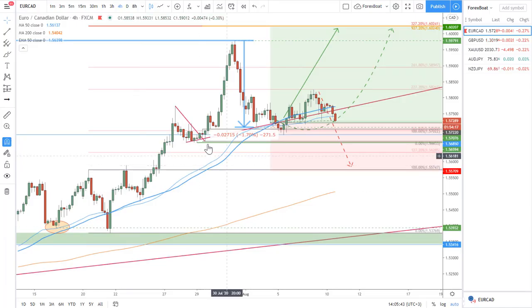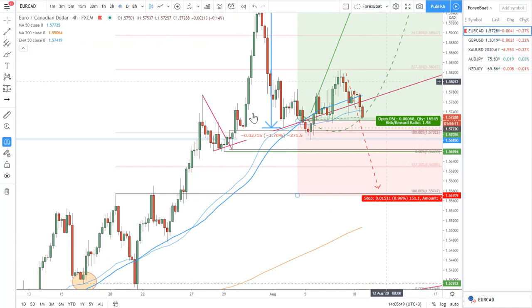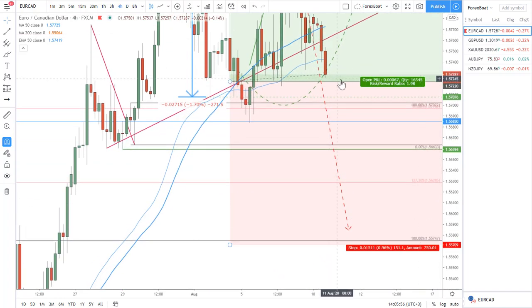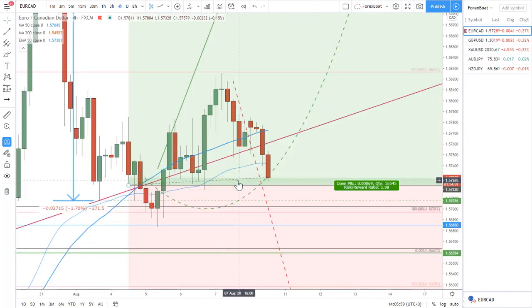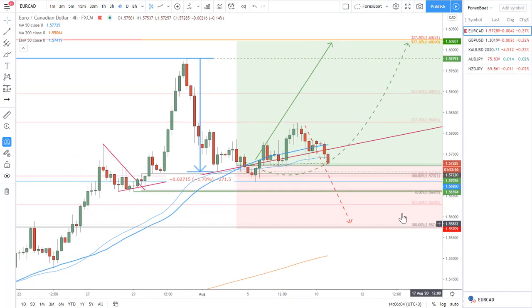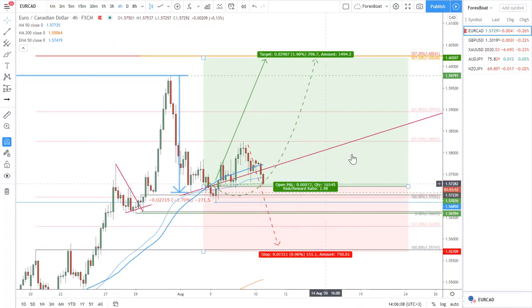Okay, the Euro versus Canadian dollar. We saw this rejection of the 227 pips, which means that the price might continue to consolidate. So here I would place the exit at the entry point and make it a zero risk trade. I just don't like this rejection, but overall I do think there is a strong potential for this upside move,